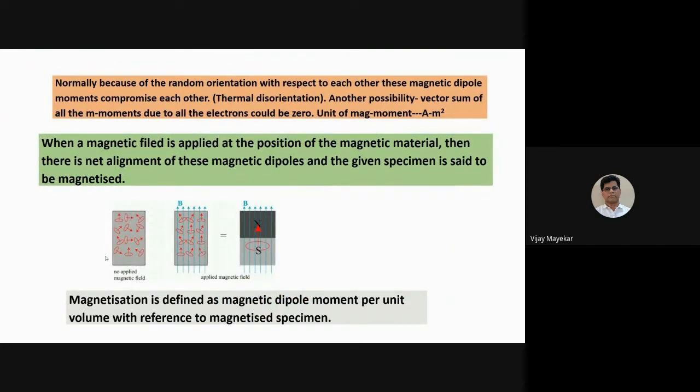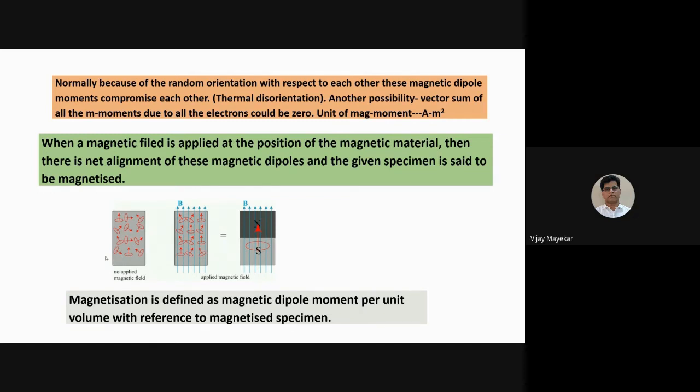Such tiny current loops are associated with each and every electron. So if we take a large atom, there are so many electrons involved. Right now we are not getting into the orbital case; we are keeping it simple in terms of current loops created by the electron movement, and these current loops create the magnetic dipole moments. And all these electrons are not giving one typical direction.